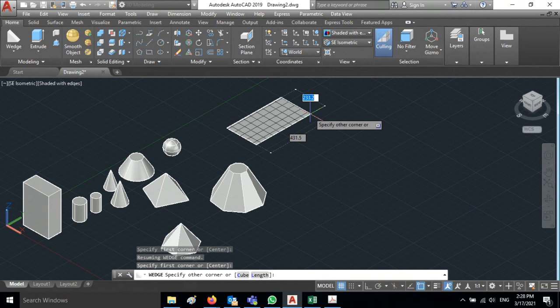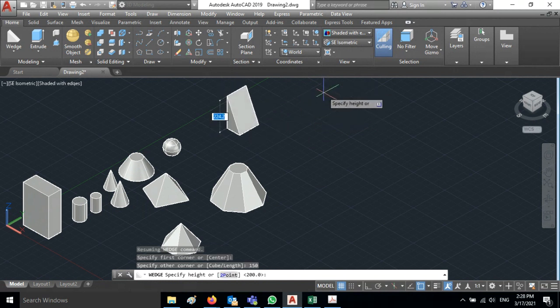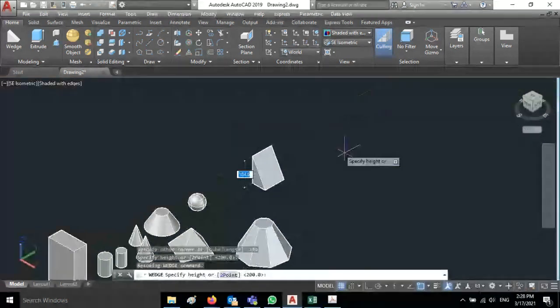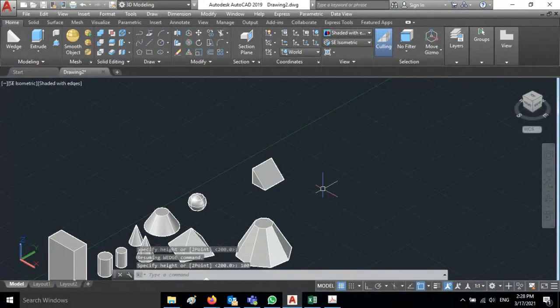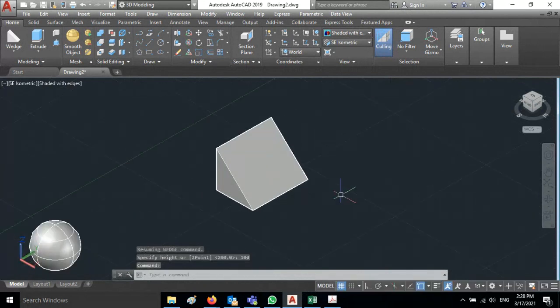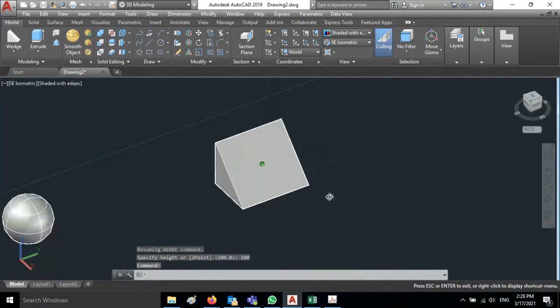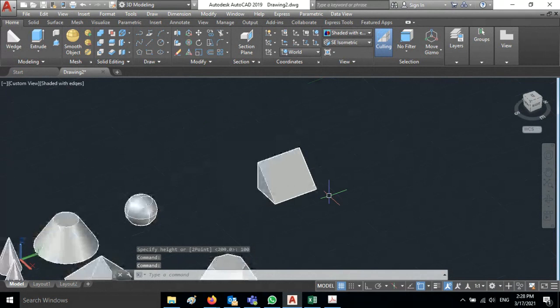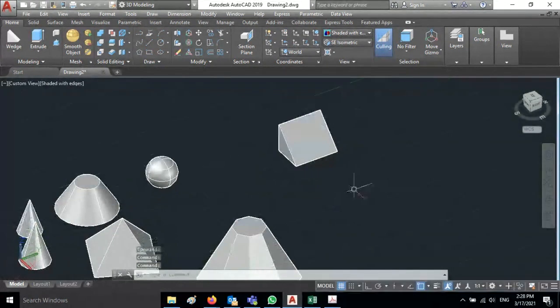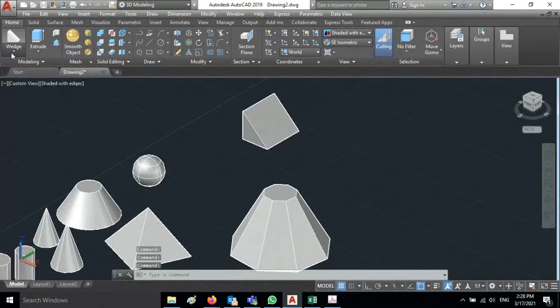Let us say the length is 100, and width also 150. Okay, and the height, now we need to specify the height of 100, let us say. Now this is called wedge. This is the wedge we have created. Similar wedges we can create.